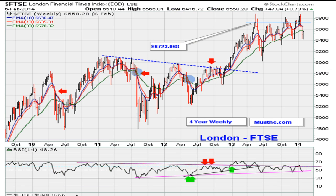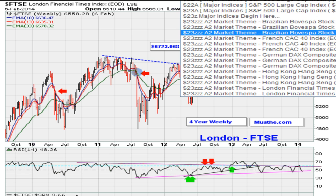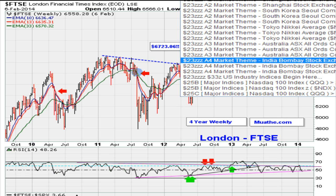Take a look at the London market, and you see again the same scenario. The lows on the RSI seem to be holding, as far as the weekly is concerned. Let me draw that right here. So this is still holding, this here is at the line, so that should be enough, if it holds, to continue moving this market to the upside. Remember, if it cracks here again, then that's going to be a fresh break and a reason to continue looking for the market to go down. As of right now, I think the market is trying to find some place where it could find a floor